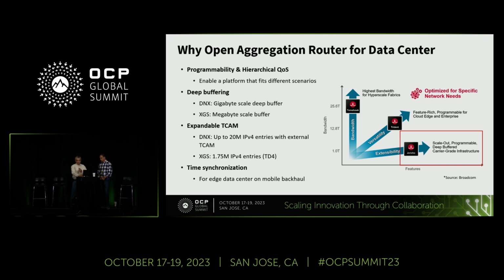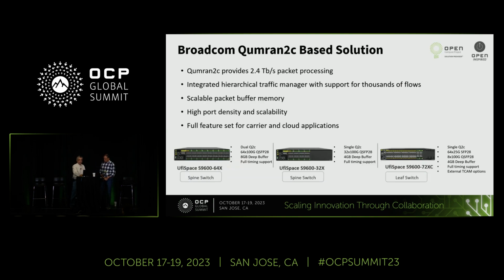So that's the reason we picked another solution. We have been having a solution using XGS for the data center, but we are evolving into the carrier chipset into the data center. All right, so really quick, just kind of talk about the boxes that we bring to the table today. When you design aggregation either for carrier or aggregation for data center, that is very important to